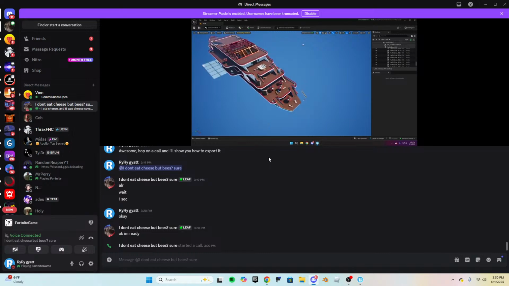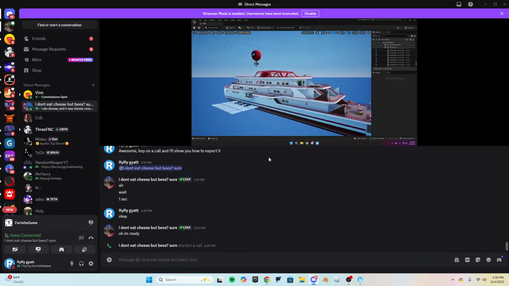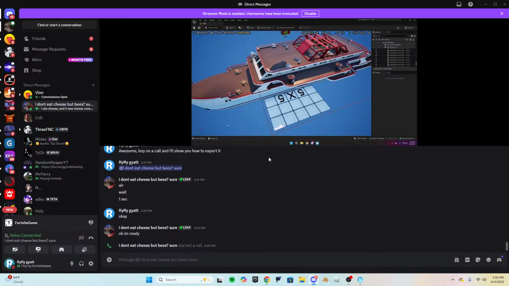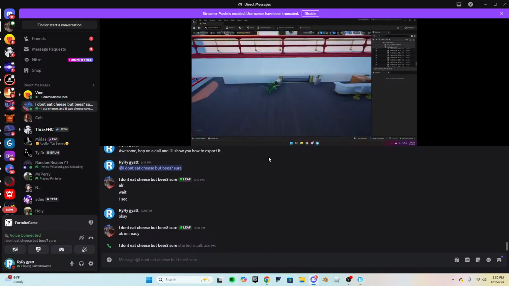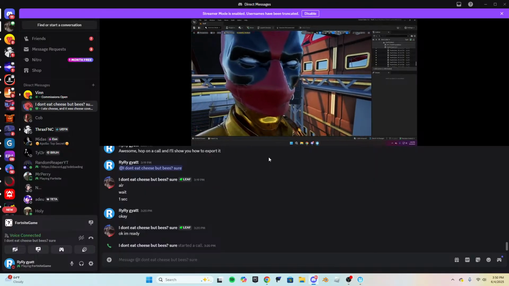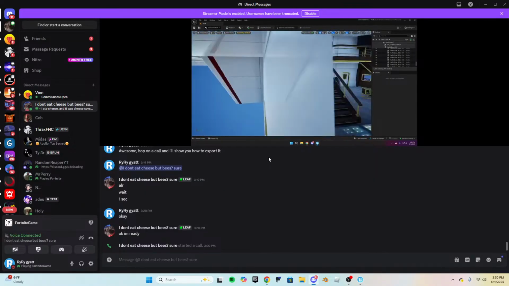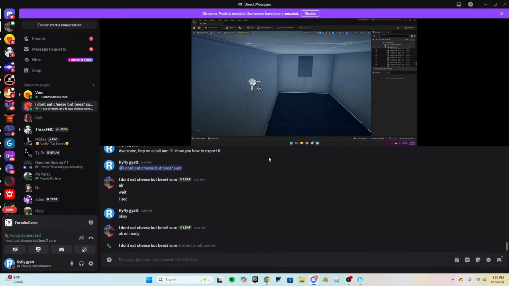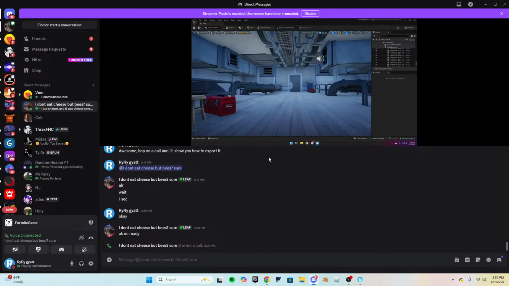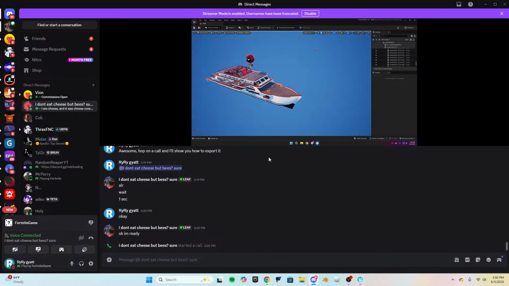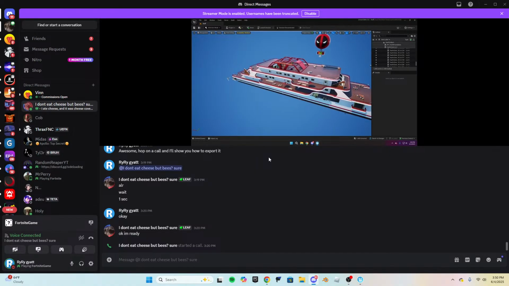Some of the stuff is a little bugged, but as you can see, all the red is there. I think the bed is glitched.